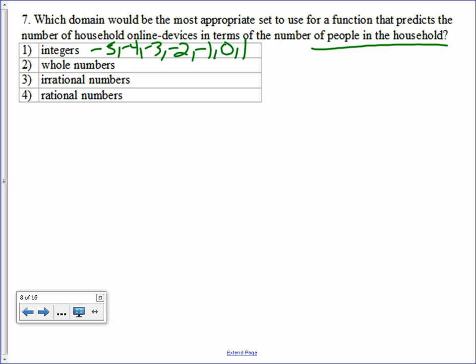No, you can't. Whole numbers. That would be 0, 1, 2, 3, 4. Can you have 0 people in your home? Yes. 1, yes. 2, yes. 3, yes. 4, yes. 5, yes. That's the answer. And for these real-life domain problems,